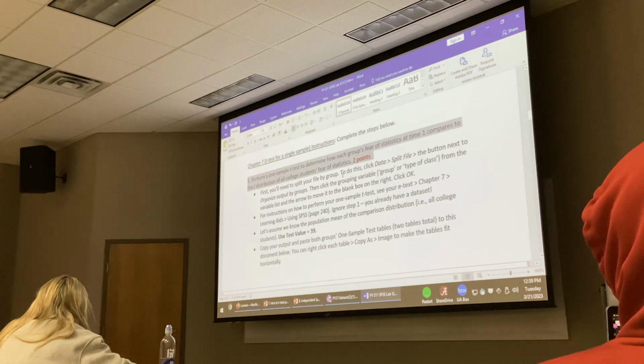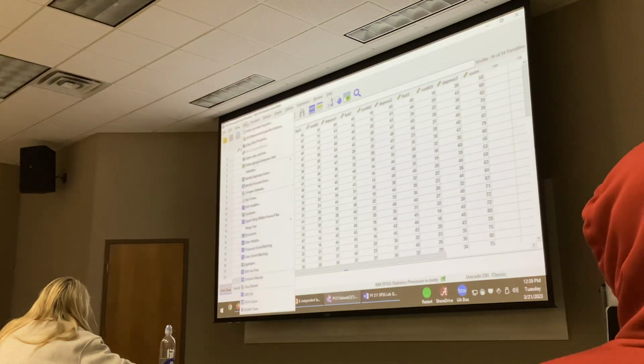Because we're interested in looking at single groups separately, we need to first split our file, which y'all have done several times now. We're going to split our file by group. That way we can do one analysis and it will show us output for the groups separately, okay? So the first thing we do is split the file. I go to Data, Split File,